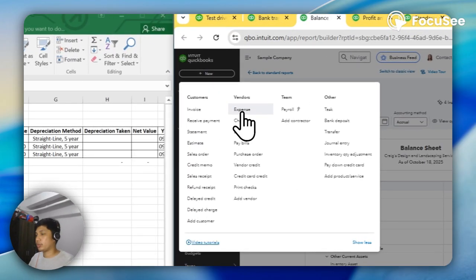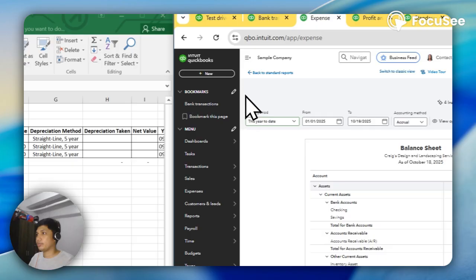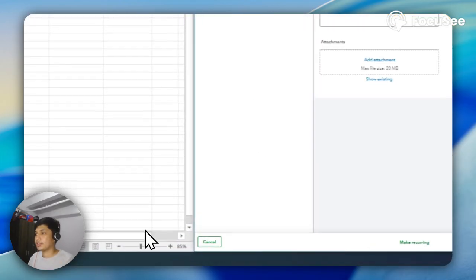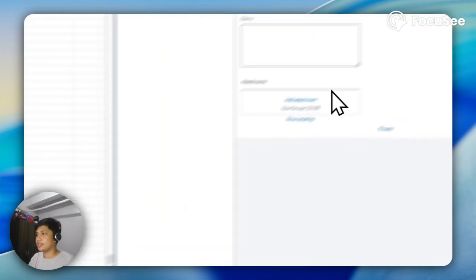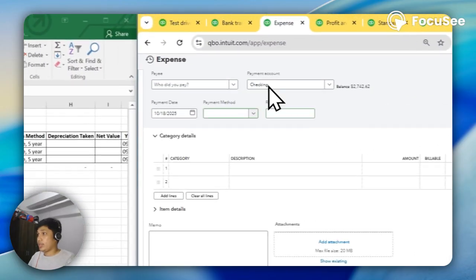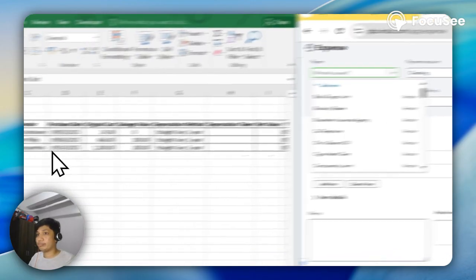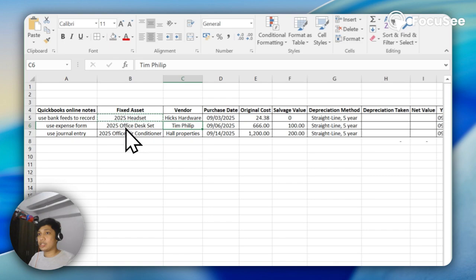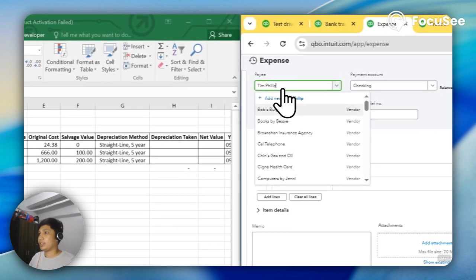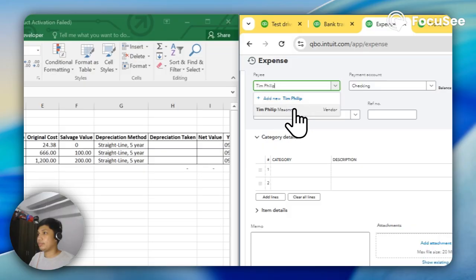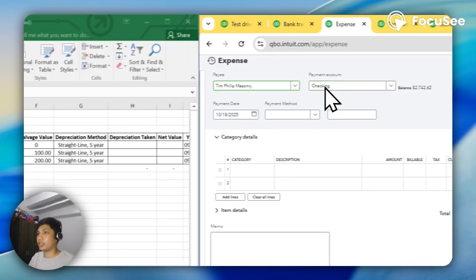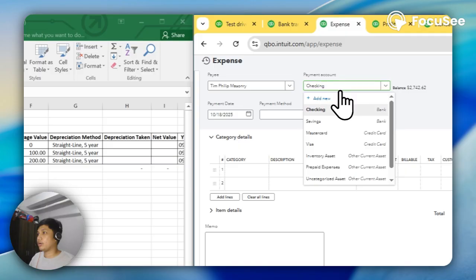I'm going to click expense. I bought this office desk set from Team Philip Masonry using the checking account.